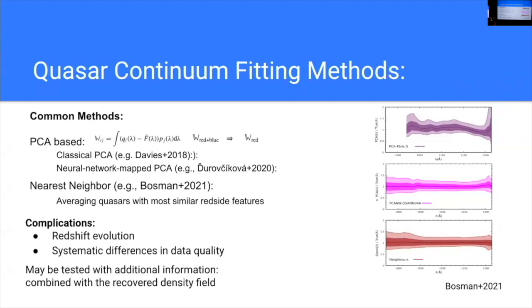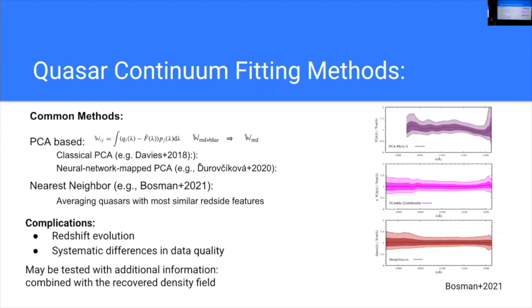And in the classical PCA, we just need to try to find the best matrix that does a linear mapping. And in the first panel there shows the bias and the uncertainty in this kind of classical PCA method. And later there are improvements, like instead of using a linear mapping, we use a neural network.